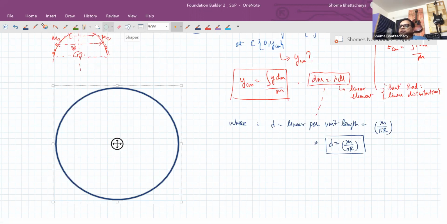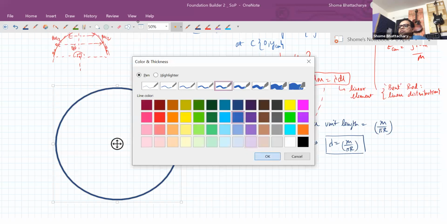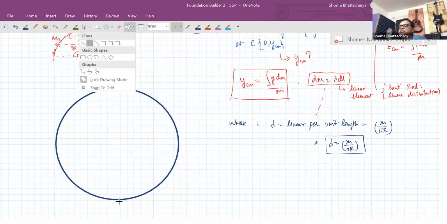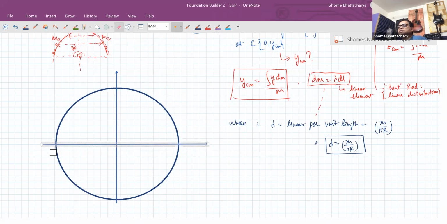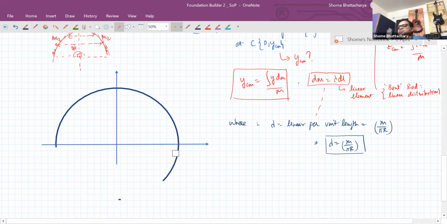Let me explain that point again. Basically, whenever we want to identify a differential length element on a circular arc, it may be semicircular, it might be fully circular, it might just be some arbitrary angle, it doesn't matter. But on any circular shape,